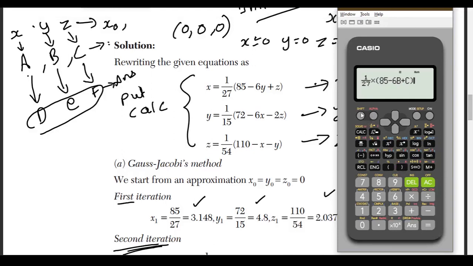And we have to save this answer to which variable? First one we are going to do x only. So which variable do you have to use? Here it is the d variable, first value. So press shift RCL, then you have to give d. See, the answer. Before that we have to initialize the initial conditions.